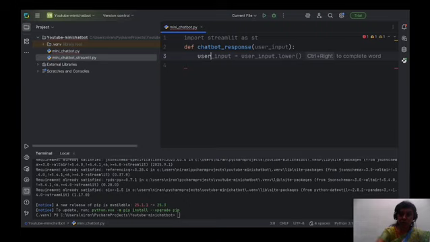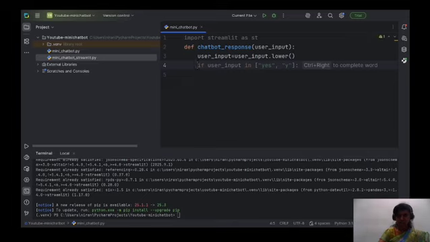I'm using a variable called user_input equal to, and in this variable I am going to get the input. I am converting it into lowercase, so there will not be any variation when it checks for it. So first, as I said, if the user is giving us hello,